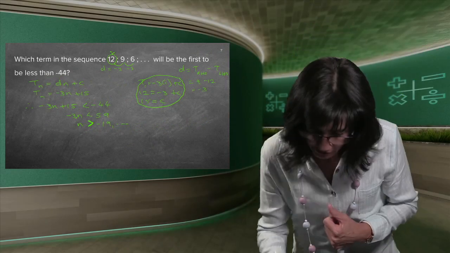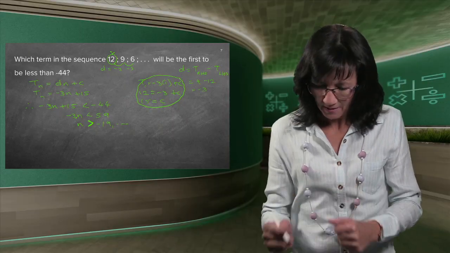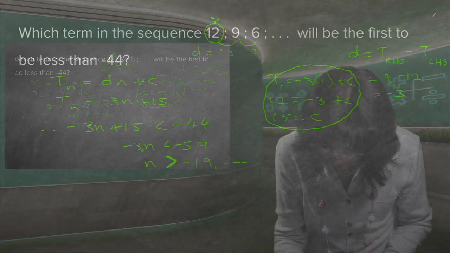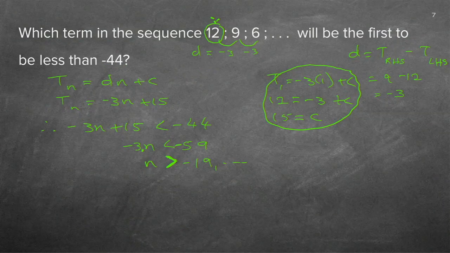So let me just see if I did make a mistake. I forgot my minus there. I thought it couldn't be a minus. Minus 44, minus 15. You see how easily you make a sign mistake? And now when I got to the answer, n can't be minus because the n is the amount of terms we're working with. So then I knew I made a mistake. So it's actually plus.